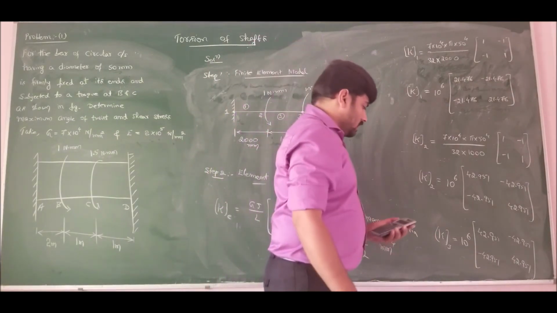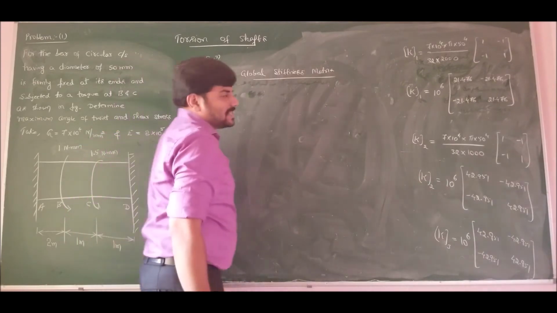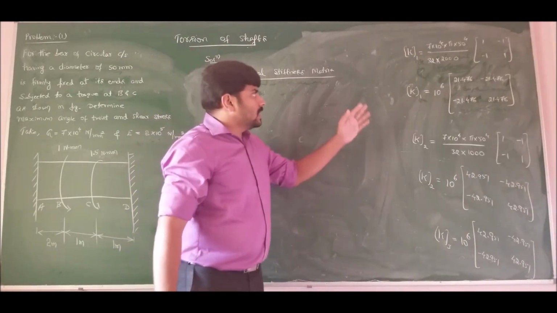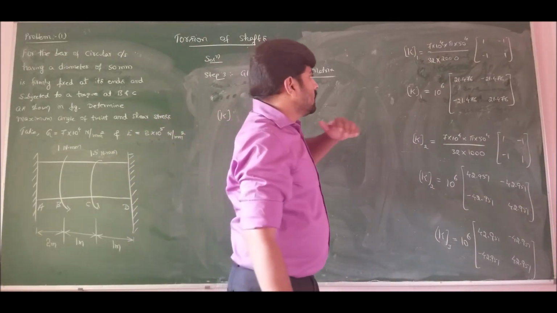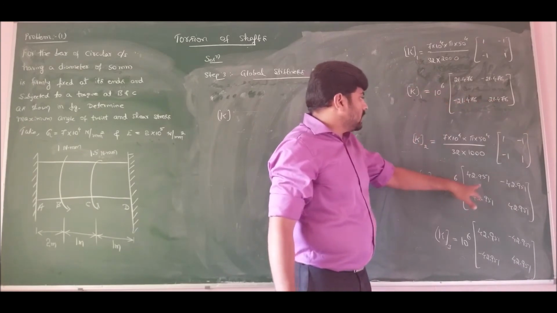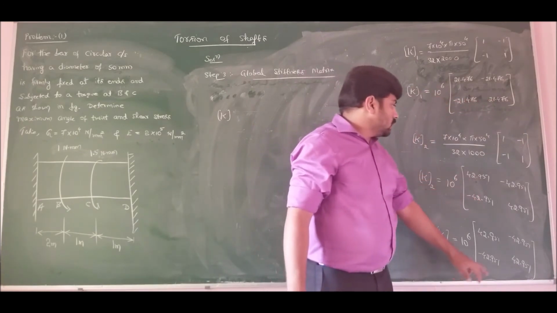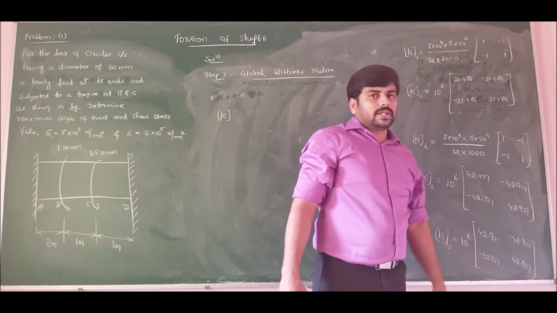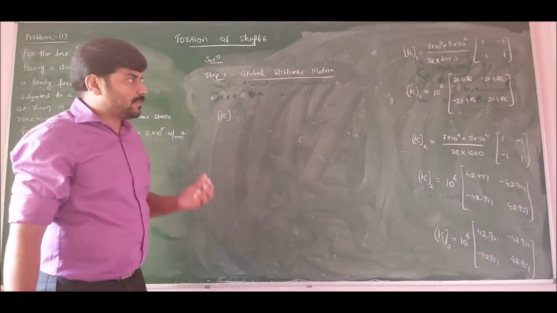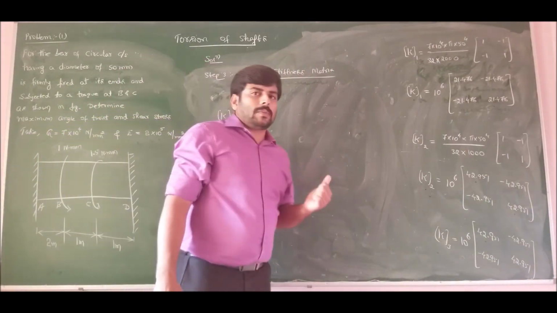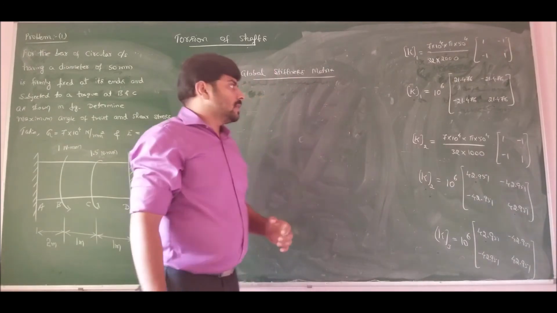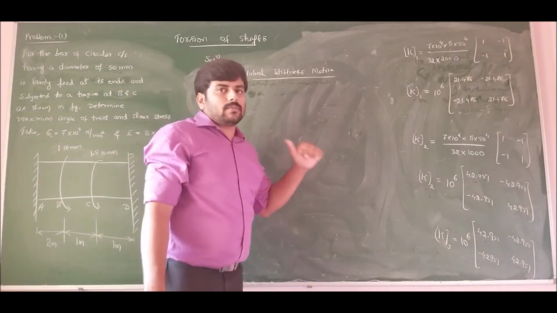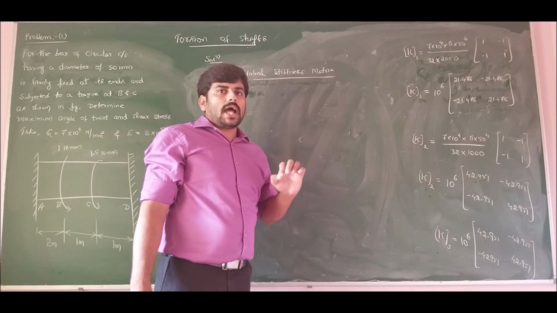Next, moving on to get the global stiffness matrix. The procedure to obtain the global stiffness matrix is the same as the procedure we followed in analysis of one dimensional bars. That is, K22 of element 1 will be added to the K11 of element 2. Then K22 of element 2 will be added to the K11 of element 3, and the procedure will be continued. Or else you can also solve by using the procedure we followed for getting the global stiffness matrix for analysis of beams. The order of the global stiffness matrix is n cross n for torsion of shaft, where n is the number of nodes, because each node has 1 degree of freedom.